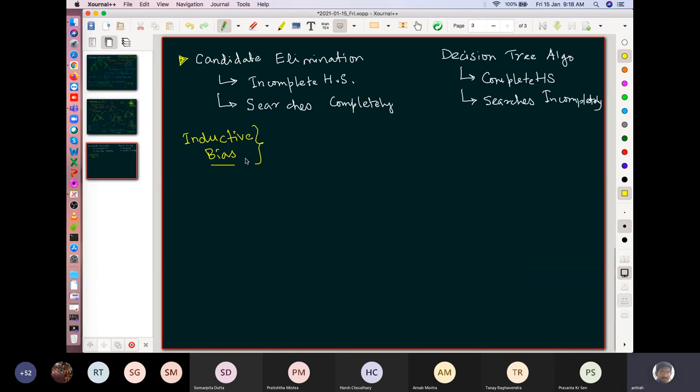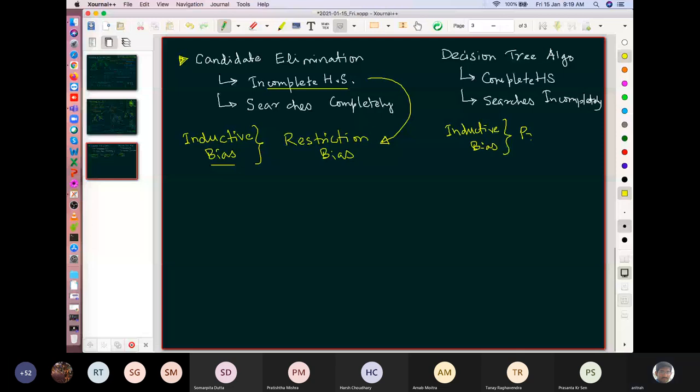Therefore, the inductive bias of the candidate elimination algorithm is a restriction bias, in the sense that I have restricted my hypothesis space in an incomplete manner, though I am searching completely there. Whereas if you try to find the inductive bias of my decision tree, it is basically a preference